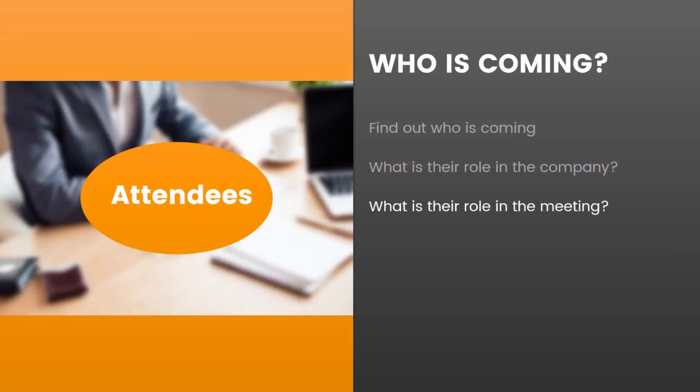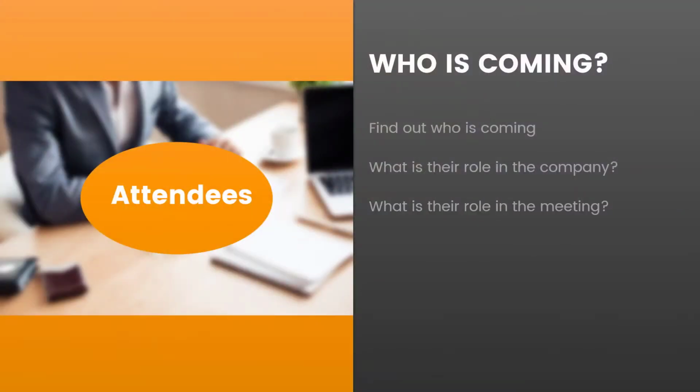And also, what's their role in the meeting? Are they going to be sitting there passively? Will they be providing information? Will they be the one that will decide on the issue or decide on the negotiation or whatever the topic of the meeting is? So understanding roles in the meeting is important. That way you can direct information and your key messages towards specific people and influence them individually and hopefully as a whole. And also, what is their expertise?